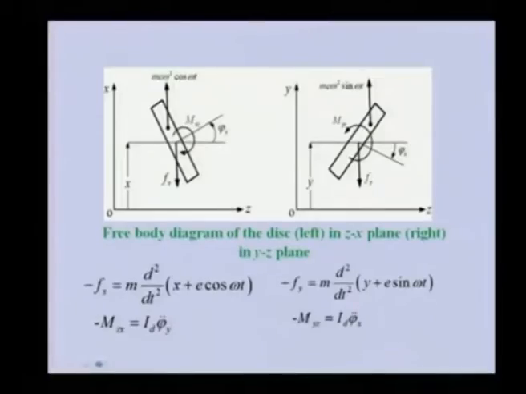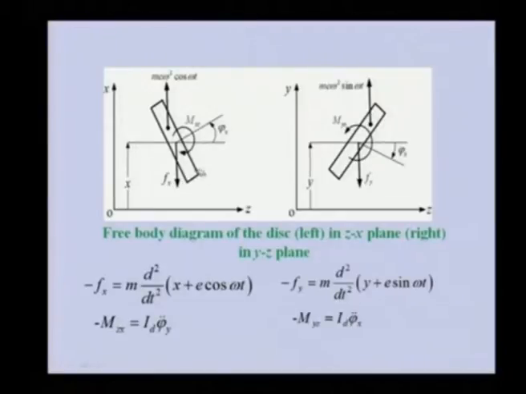So this is the equilibrium of the disk in the YZ plane and ZX plane. These equilibrium equations we have already seen when we were analyzing the Jeffcott rotor with the offset disk. So the free body diagram is similar to that one. Here we have the reaction force from the shaft as Fx, this is a moment from the shaft, and this is the centrifugal force. You can see there is a translatory motion and a tilting motion.